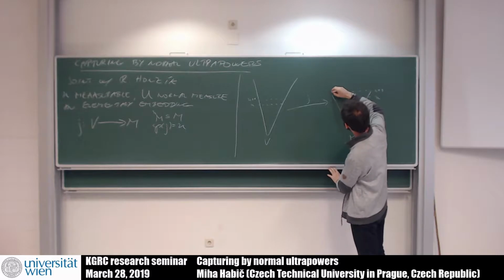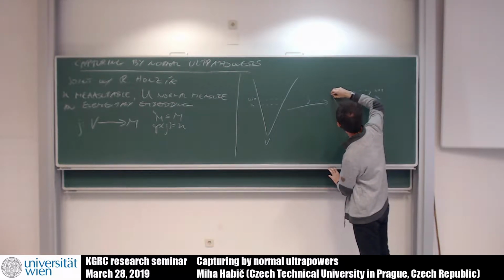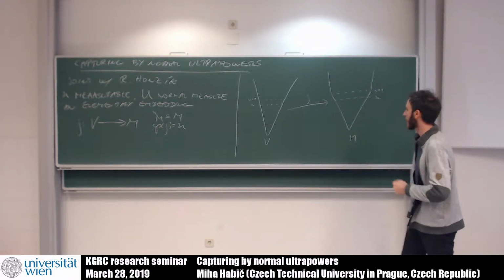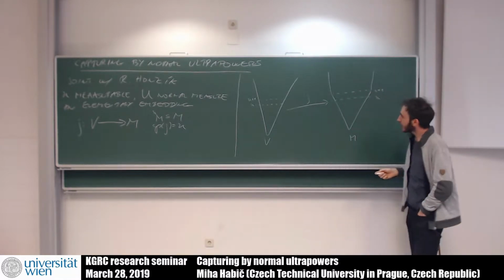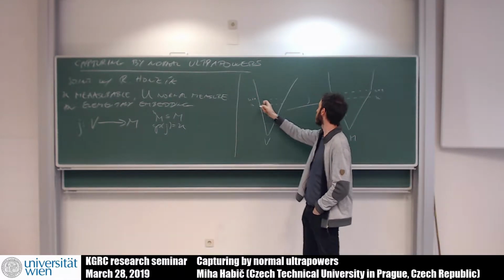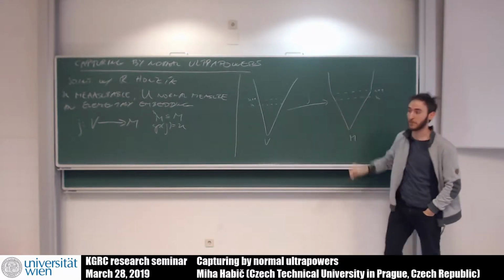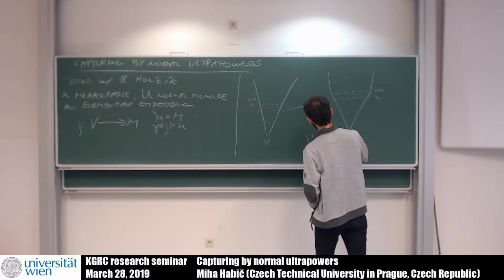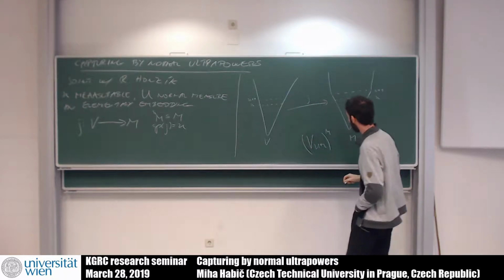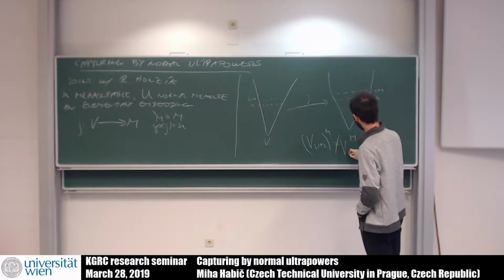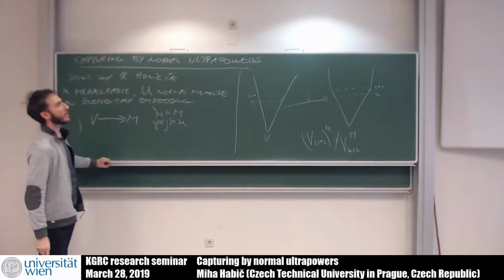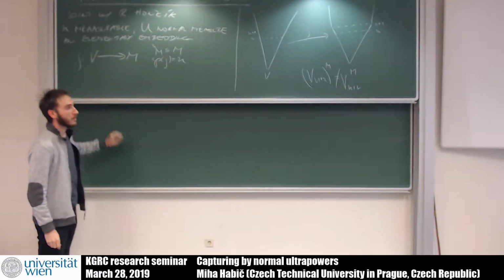But what happens afterwards is that M suddenly becomes more fit or trim, less flabby than V. Somehow it thins out. The general idea here is that above kappa plus 1, sets start missing from M. So in general, if I compute V kappa plus 2 in the sense of M, this will be incorrect. It will be different from the real V kappa plus 2. And we have a canonical example for